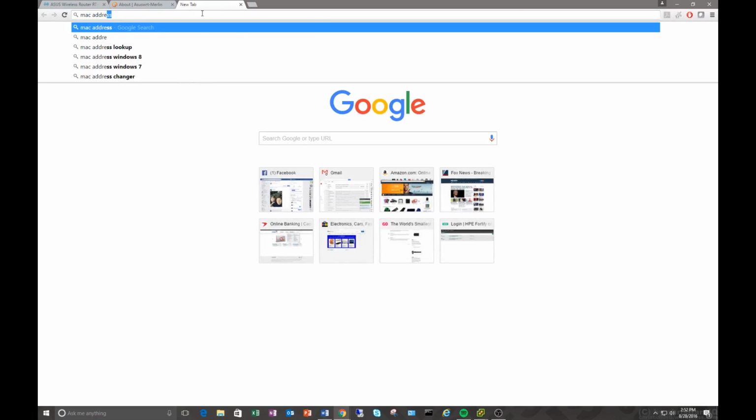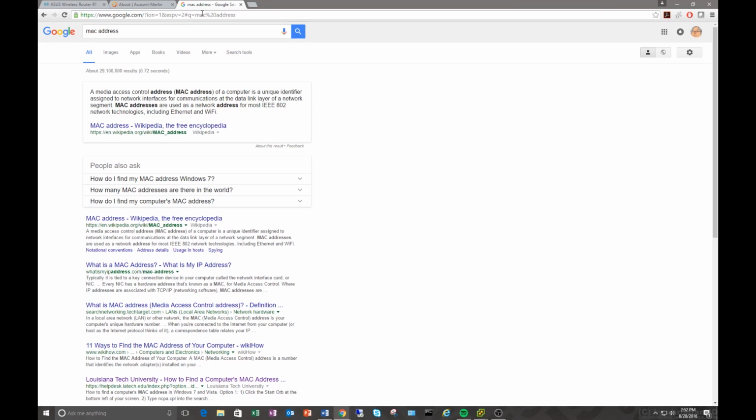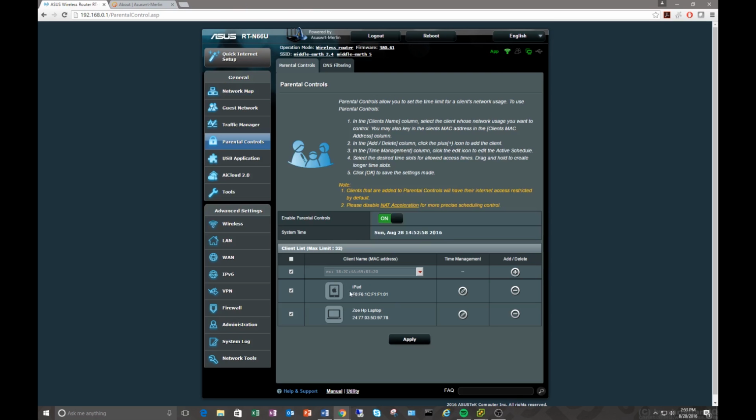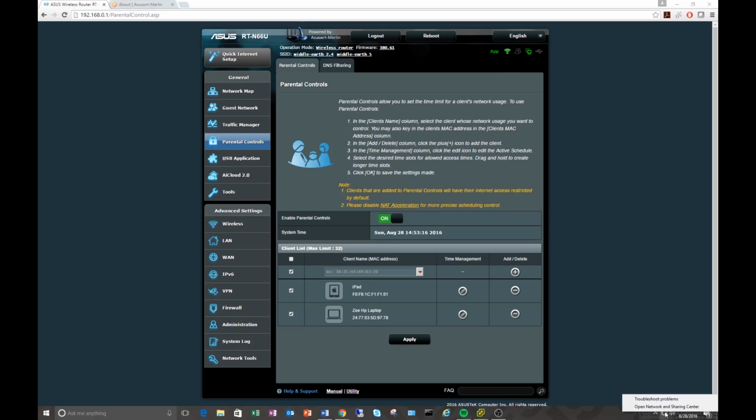So if we look at MAC address, it stands for Media Access Controller. There it is. And in Media Access Controllers, the first three segments here are your manufacturer, the last three are an address, and I'm not going to get into all the specifics of that. But to find your media access control address, or your MAC address, also called your physical address, you're going to find your network icon here, whether it's Windows 7 or Windows 8, whether it's wireless or wired here, as mine are,